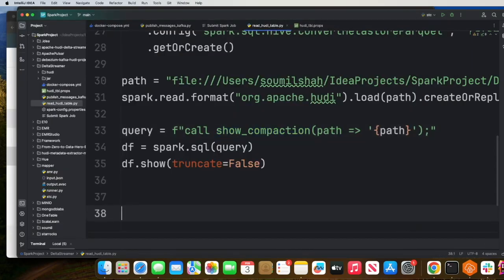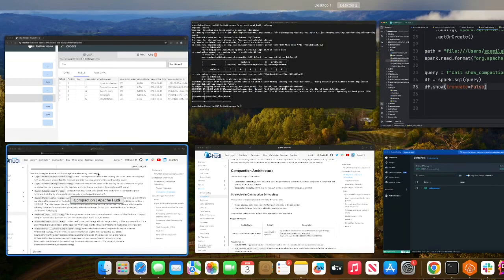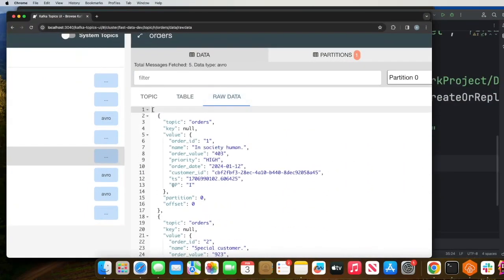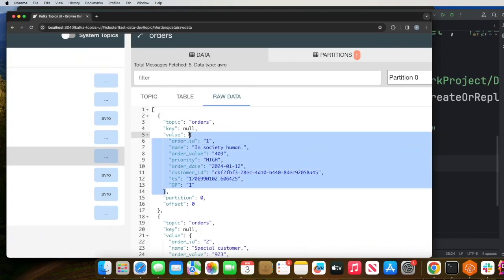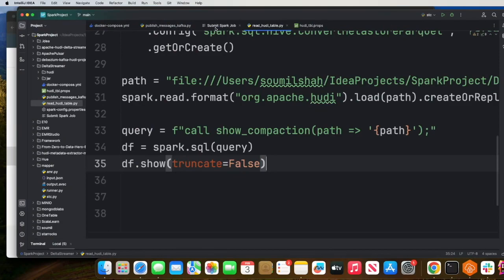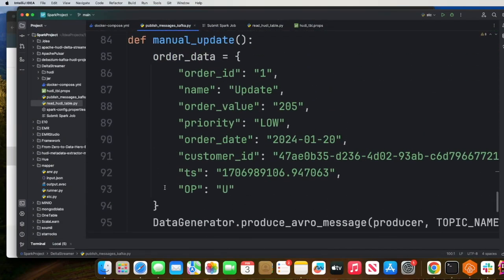Now, what we want to do is grab a record and publish an update. Then again, we're going to ingest the data using a DeltaStreamer. So head over to here, click on raw data and copy any one record that you like. I'm going to copy order ID 1 and then head over to my Python file, publish Kafka messages.py, and simply